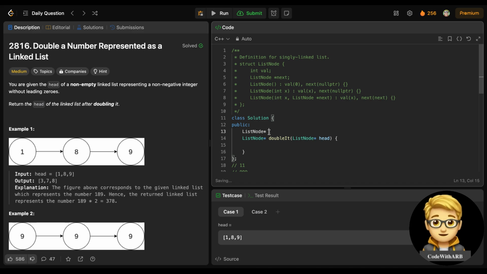So let's see how we will implement this reverse function. This is a very important and basic question, the reverse linked list problem. If you haven't done this yet, you definitely must do it before this question, right? So here we need 3 pointers